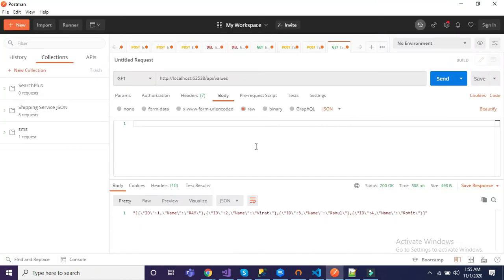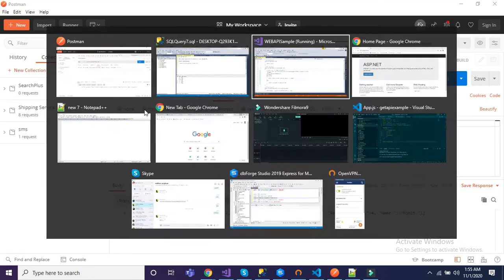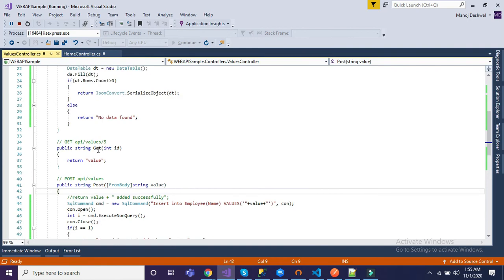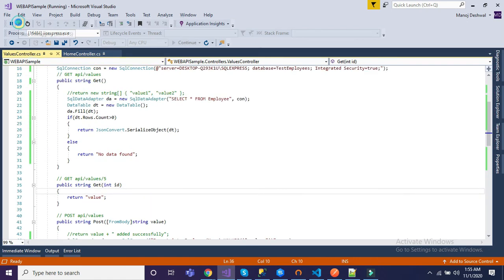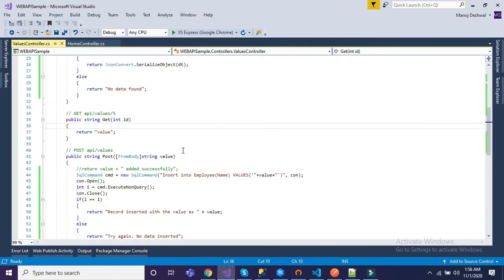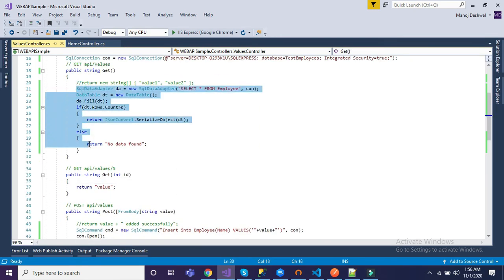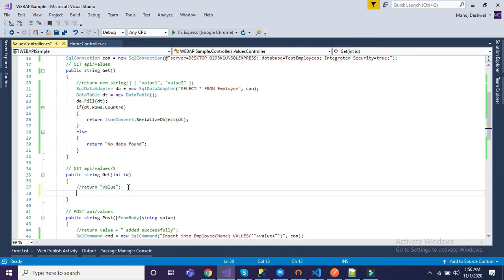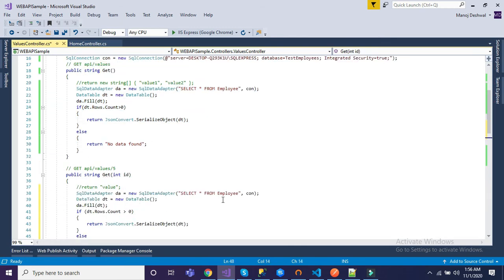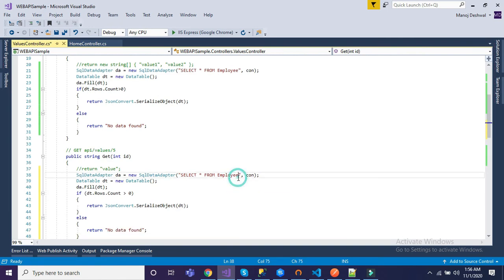All right, that's good. Now we'll use this one. So this is used to get a particular record. Let me stop the application and now let me copy this one because we are going to access a single record. So we just need to add some modification into this call.